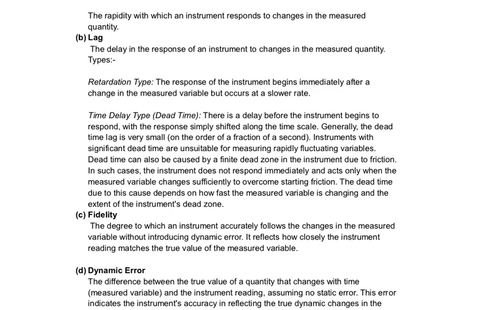Fidelity: the degree to which an instrument accurately follows the change in the measured variable without introducing dynamic error. It reflects how closely the instrument reading matches the true value of the measured variable. Dynamic error: the difference between the true value of a quantity that changes with time and the measured reading, assuming no static error, is called dynamic error. The error indicates the instrument's accuracy in reflecting